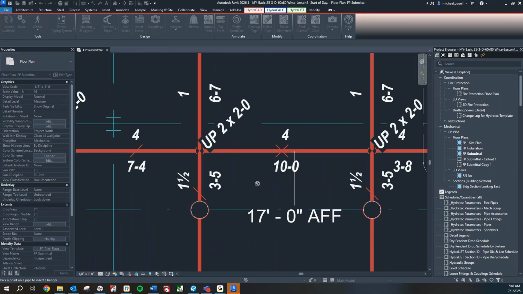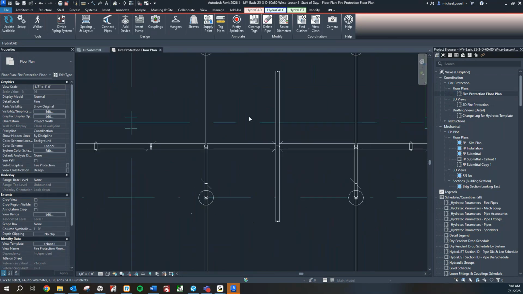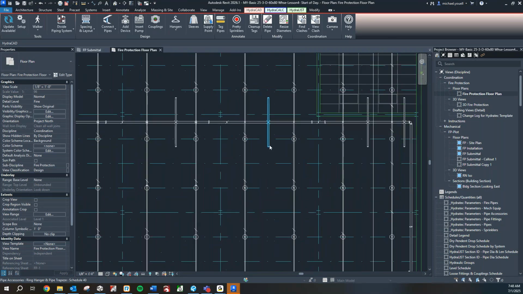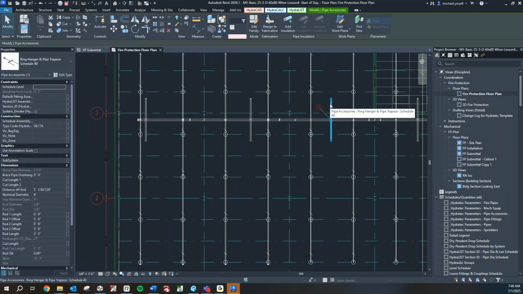I think if we switched views and we looked at the working floor plan, yeah, that one, the very first floor plan on our project browser, there's our trapeze bars. If you click on one of those trapeze bars, this should be a default out of the box, but it got left behind for some reason. If you edit,